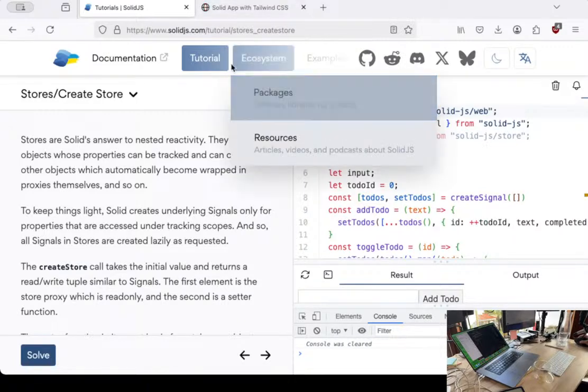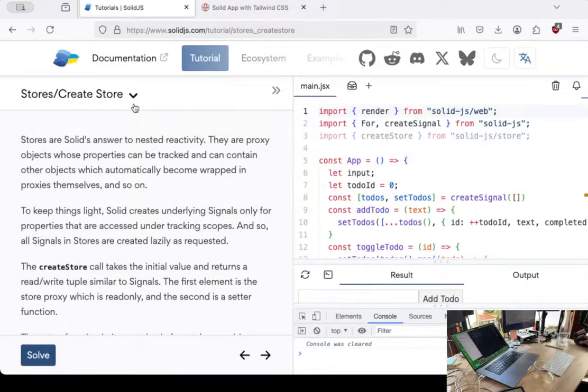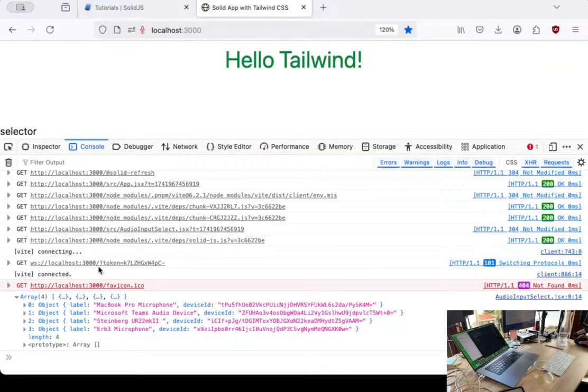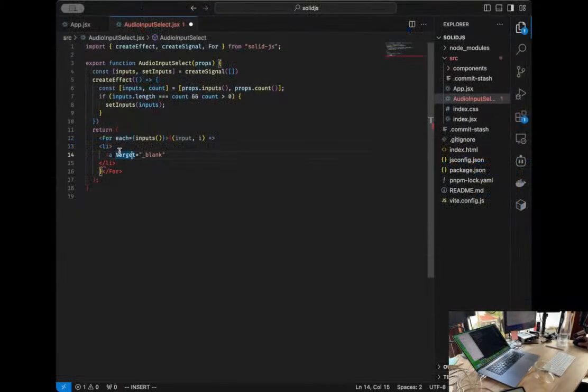But do we actually have an example of what stores do? We're very far from what I want to do with my application here. My application already has the list, my set inputs. I just want to be able to update this thing, and I would like to be able to print